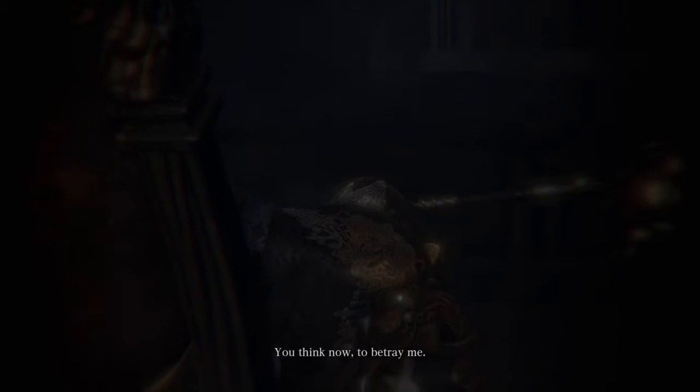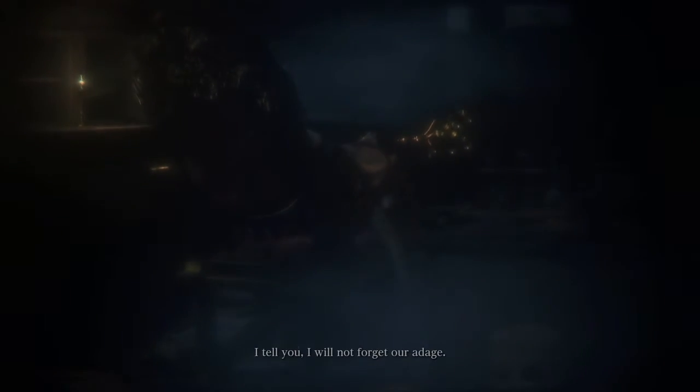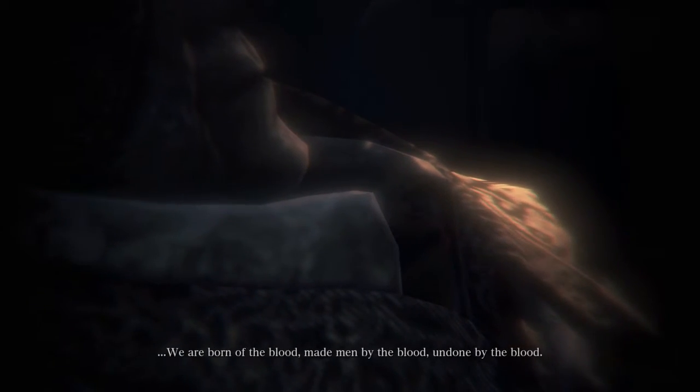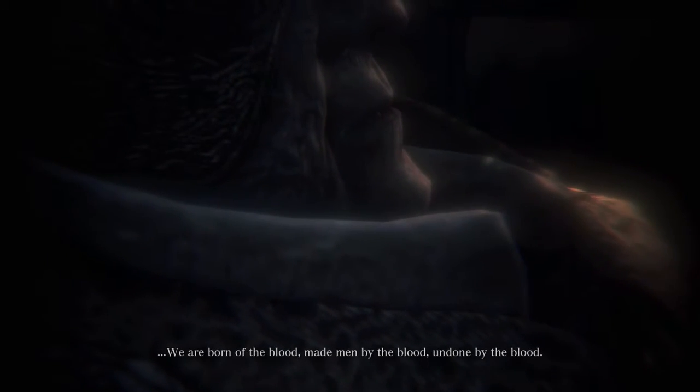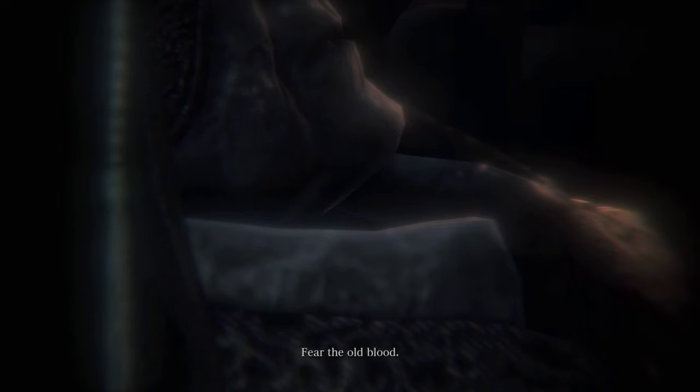Master Willem, I've come to bid you farewell. Oh, I know. You think now to betray me. No, but you will never listen. I tell you, I will not forget our adage. We are born of the blood, made men by the blood, undone by the blood. Our eyes are yet to open. Fear the old blood. I must take my leave. By the gods, fear